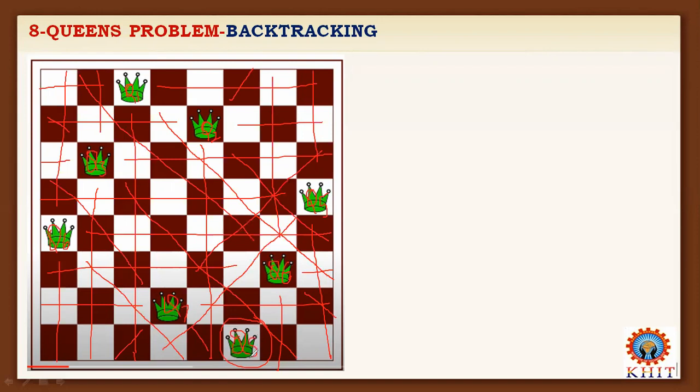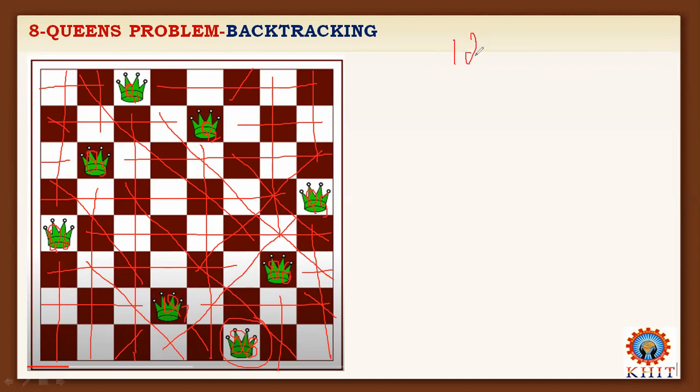So in this way, I have arranged all 8 queens on the n by n chessboard, satisfying the constraints that no two queens can be placed on the same row, same column, or diagonal. Hence, the backtracking technique is an efficient way we can solve the 8 by 8 chessboard problem. You will get many solutions, almost 12 solutions.